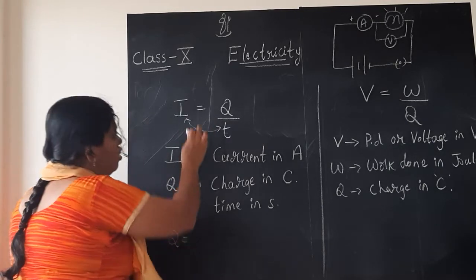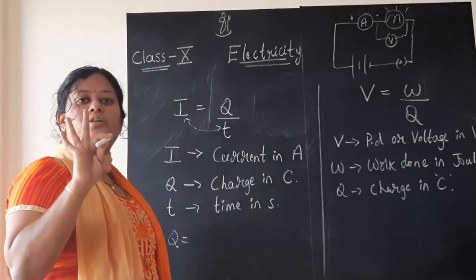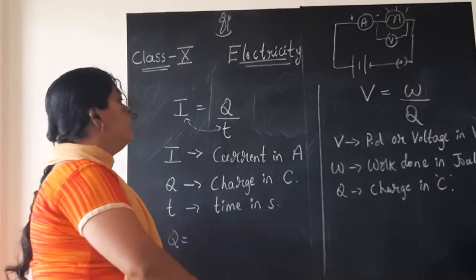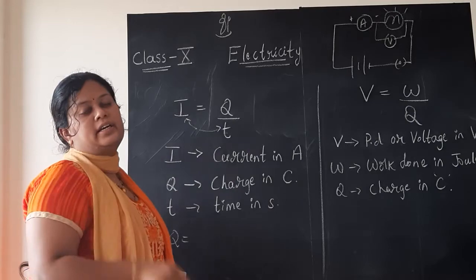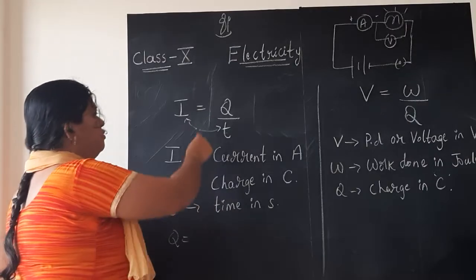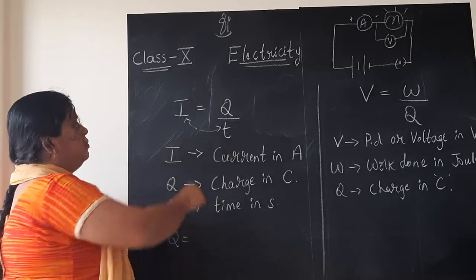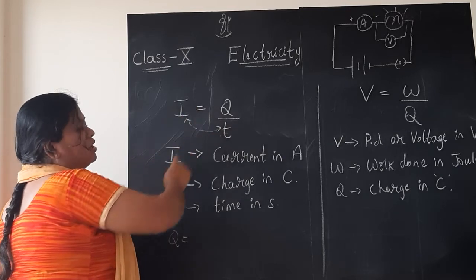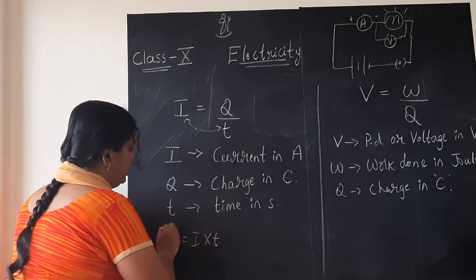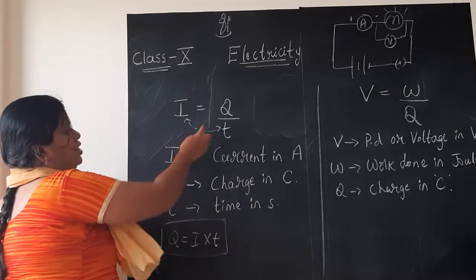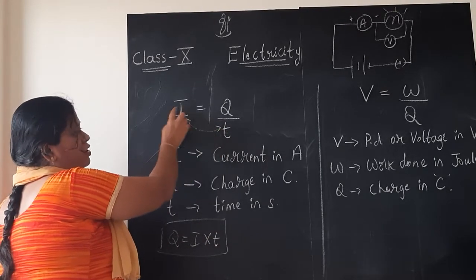So from that formula only, from each formula children, you can arrive at 3 different formulas. But I will tell you, always keep the standard formula in your mind, that is I is equal to Q by T. If at all they ask you to find the charge by giving you current and time, Q is equal to I into T is the formula. So you will take the product, cross multiplication.